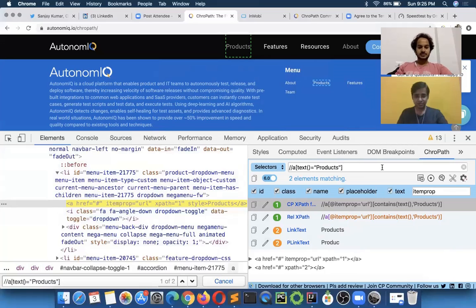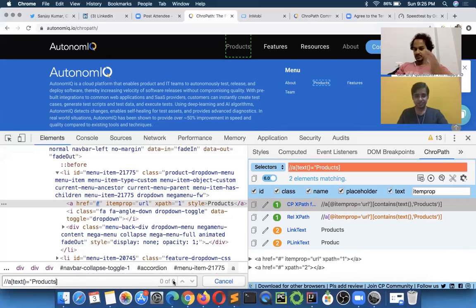And you see, let's say you are a beginner and you don't know the correct pattern of XPath, how to write a good XPath. So let's say you remove the double quotes from here and here. You see in ChroPath it is highlighting and telling you that this is not the correct format. But here in the DOM, you see it's showing 0 of 0.